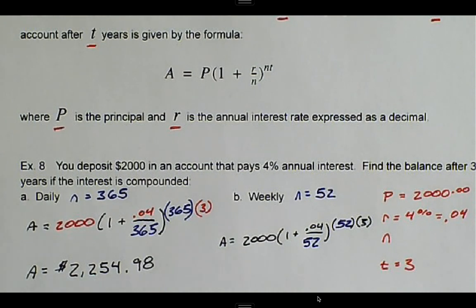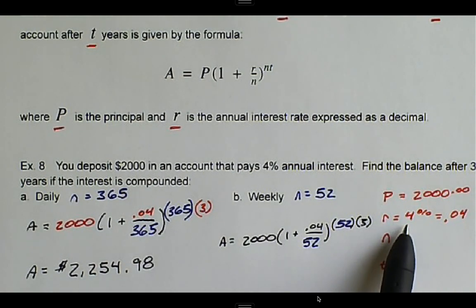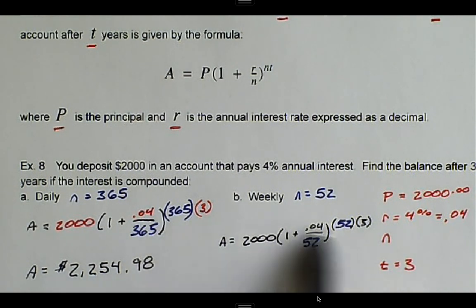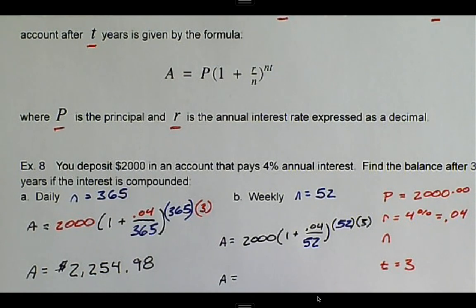Everything else is the same. The principal is still 2,000. We still have the 1 there because we're increasing our money, so we want to be above 100%. The 0.04 is the rate as a decimal, and t is 3, the number of years. When we calculate that out,